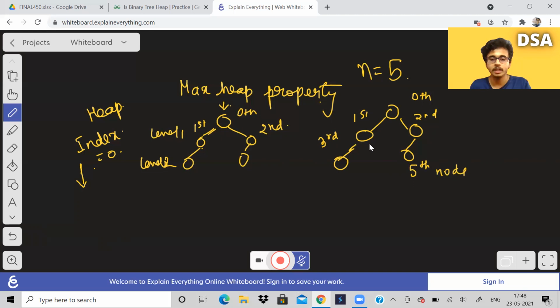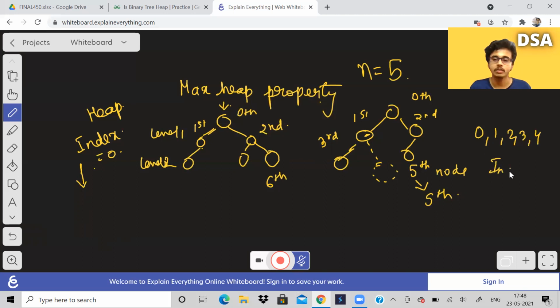Just remember that. See, over here there should have been a node, but there is no node, there is no child for this node. So this is the fifth node. So over here, if there was a node, this would be sixth and this is fifth. But we can have only nodes 0, 1, 2, 3, 4.